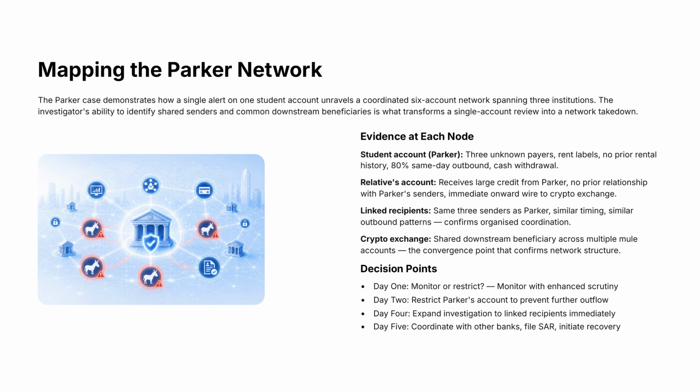full network takedown. At the student account node, you have 3 unknown payers, rent labels, no prior rental history, 80% same-day outbound, and cash withdrawal. The relative's account receives a large credit from Parker with no prior relationship to the senders, then immediately wires to a crypto exchange. The linked recipients share the same 3 senders as Parker with similar timing and similar outbound patterns, confirming organized coordination. The crypto exchange is the shared downstream beneficiary across multiple mule accounts, the convergence point that confirms